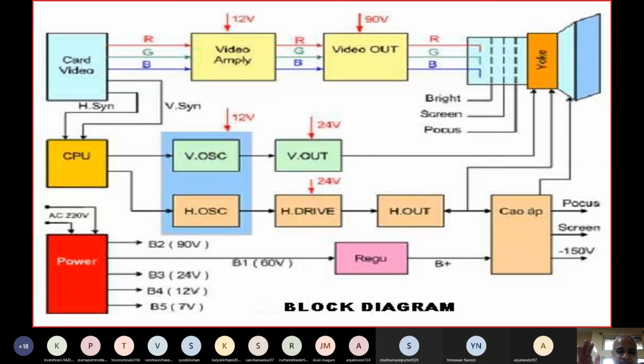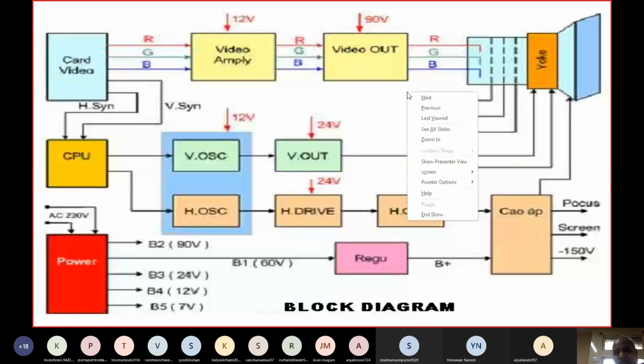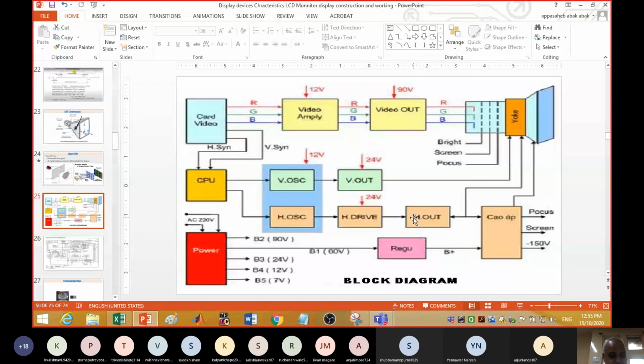Hope you have understood these basic concepts, as I am assuming in this lecture that you know the concept of TV. Based on the concept of TV, I am trying to correlate it with the monitor. So this is all about today's lecture. Tomorrow, I mean Monday at 11:30, our regular time, I'll start with the LCD monitor and the principle of LCD and how it works, and then we'll compare, as I said, the CRT monitor and LCD monitors. Okay, this is all. I'll stop here.